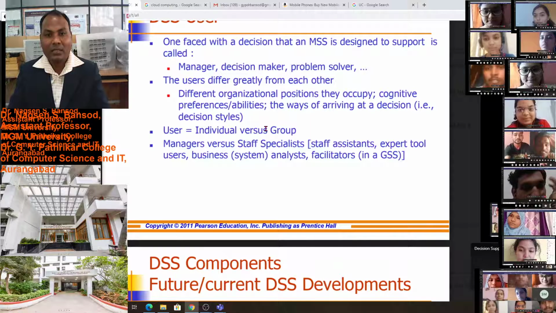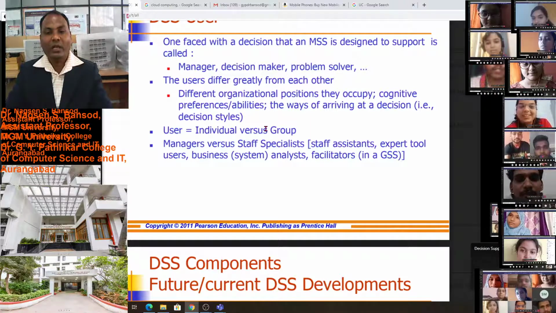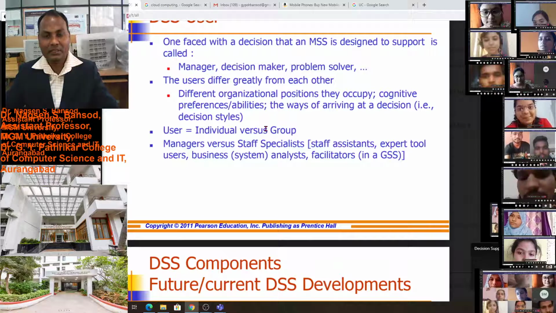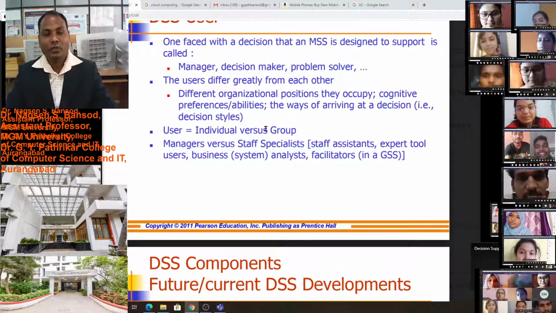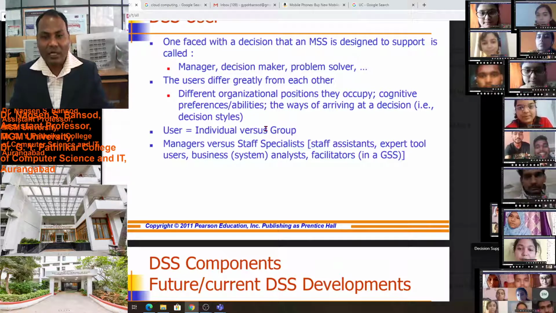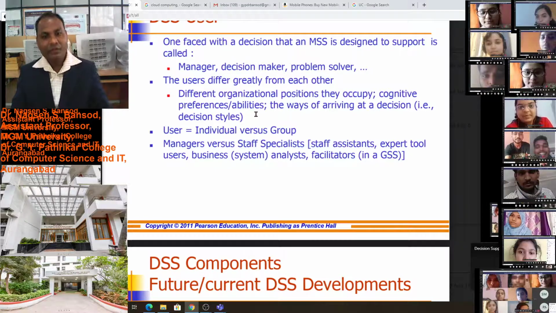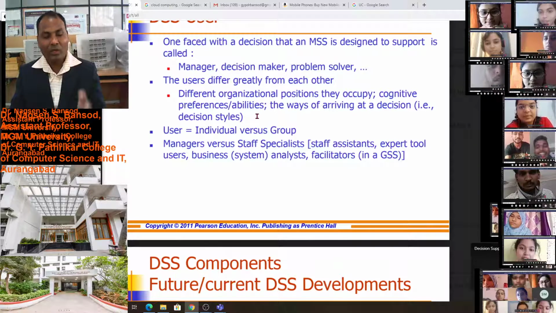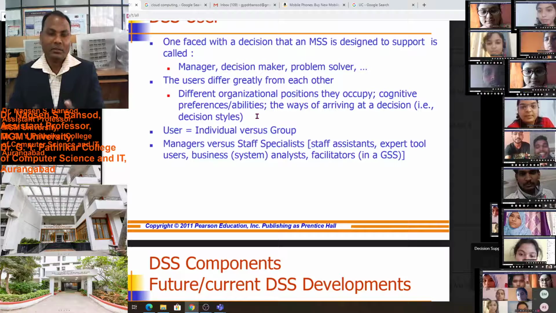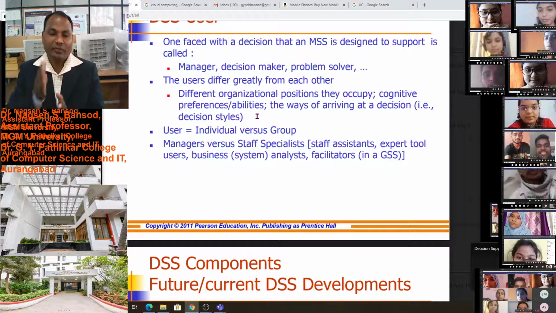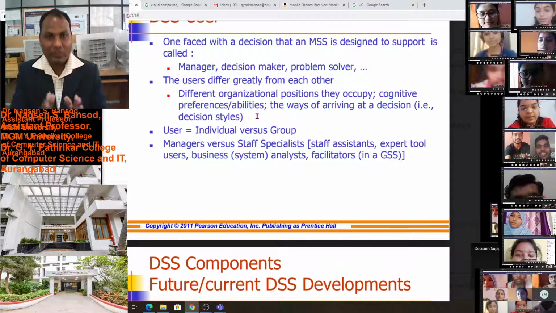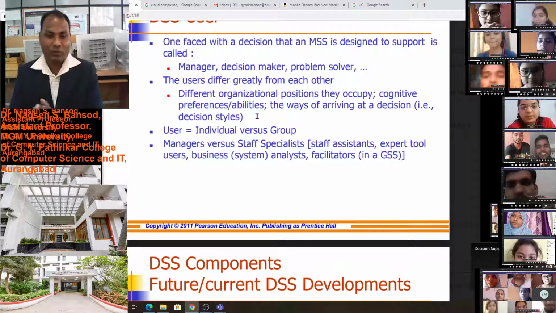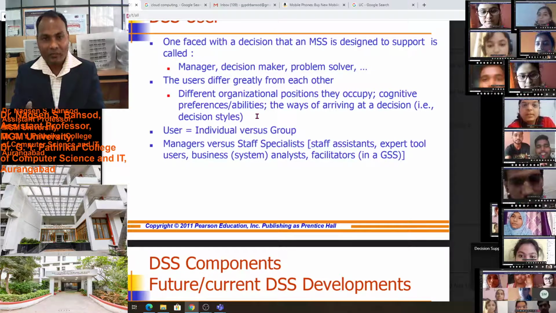For that, the decision support system will help us improve our decision making ability and our decision style. The user may be an individual or a group, and this decision support system will help the individual user and the group also.